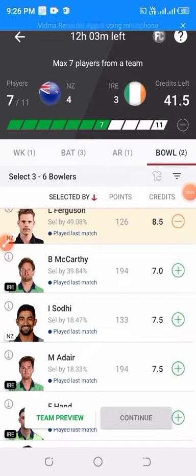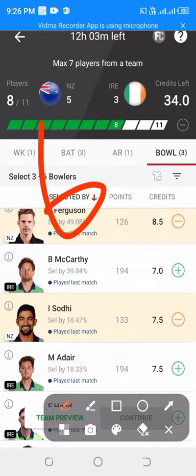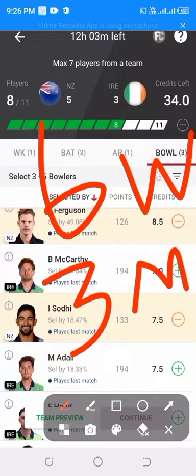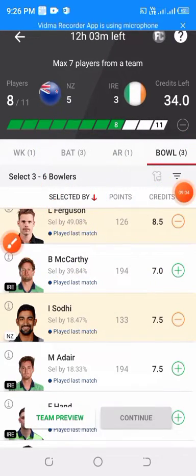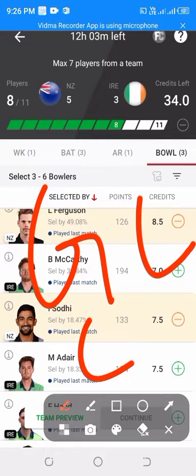Look at Ish Sodhi. His selection percentage is very low, and he will be your trump card pick in this match. His head-to-head record is looking good with 6 wickets in 3 matches, and he should be a must pick in your fantasy teams in both innings. Don't avoid Sodhi in your teams. He is a must pick in your fantasy teams, and he can be considered as a Grand League captaincy choice when New Zealand bowls second.